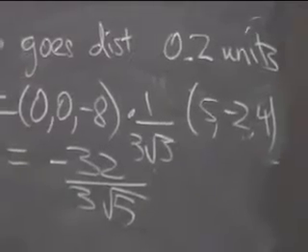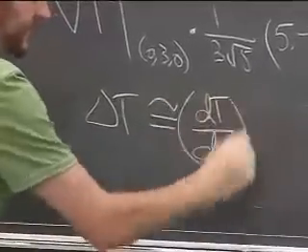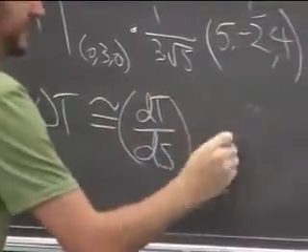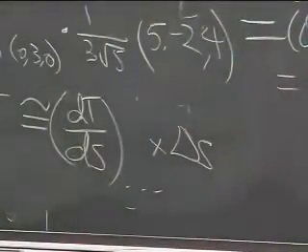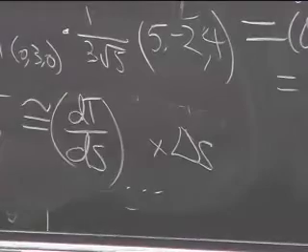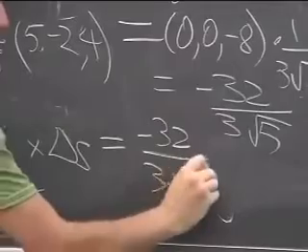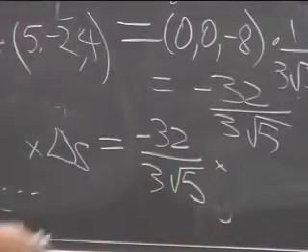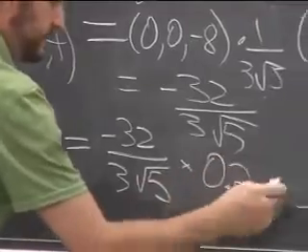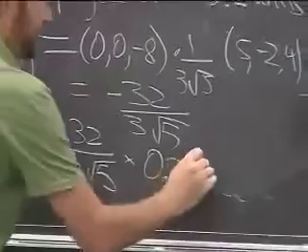Delta t is approximately equal to this dt ds at blah, blah, blah times ds, delta s. So maybe I should have written up here a delta s instead of a ds, but you get the idea. We just take this quantity, the derivative, minus 32 over 3 root 5 times the distance that we've moved, which is 0.2 of a unit. And this will be something like minus 6.4